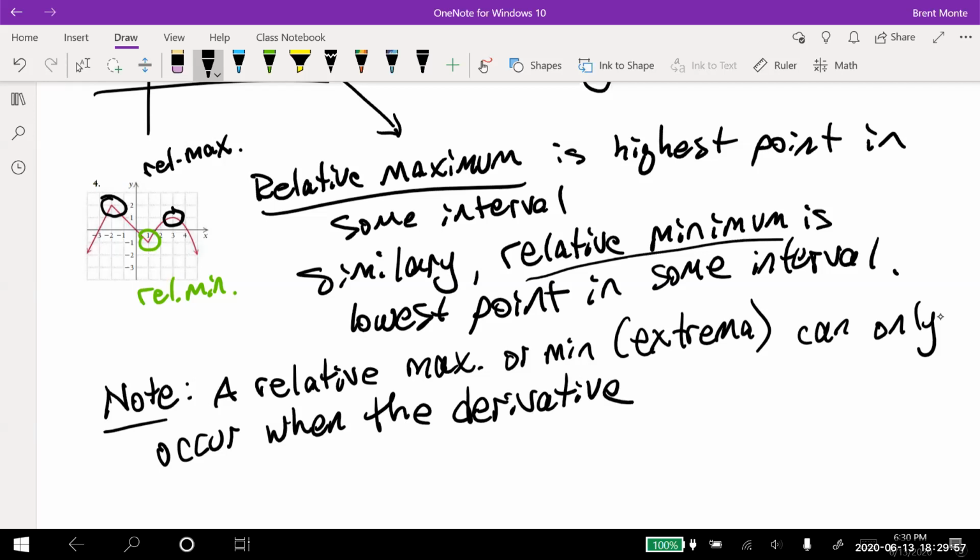Notice this place off to the right. Let me erase those circles. If I look right here where this relative maximum was, the tangent line's horizontal. Well, if the tangent line's horizontal, the slope of it, or the derivative, is 0. So where the derivative is 0,